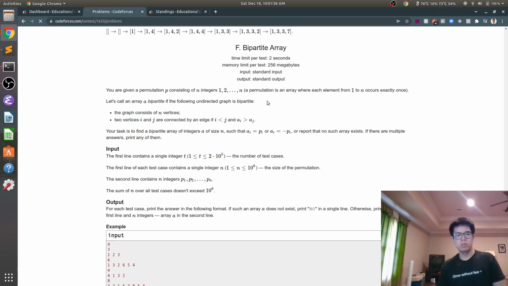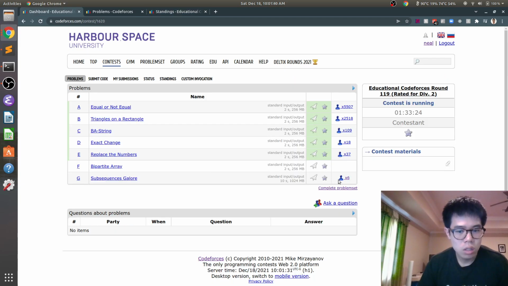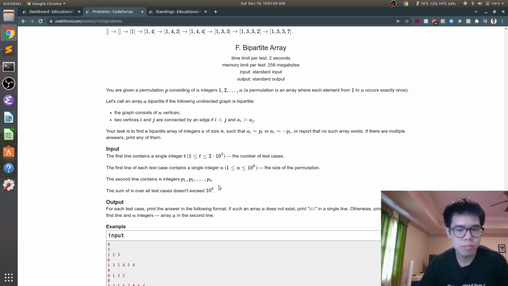Should I do it or should I do G? Okay, much people got it, but these people all seem really good. Maybe F. Longest decreasing sequence is 2. What does that mean? That means